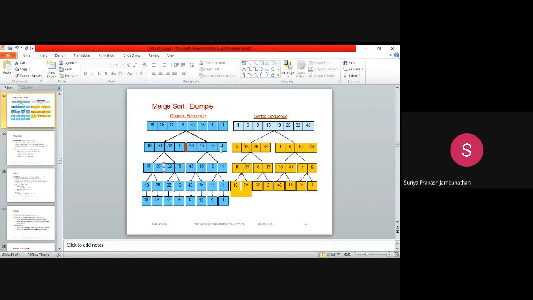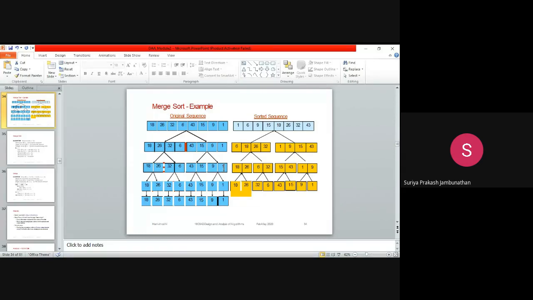So let's see further division of this particular part. Here we are having 4, and this side also we are having 4. That means on the left hand side and right hand side we are having 4 values each. Further split-up we are getting 2 and 2. So 4 will be divided into 2, this side also it will be divided into 2, and the same way here also we are having 4 that will be divided into 2 and 2.